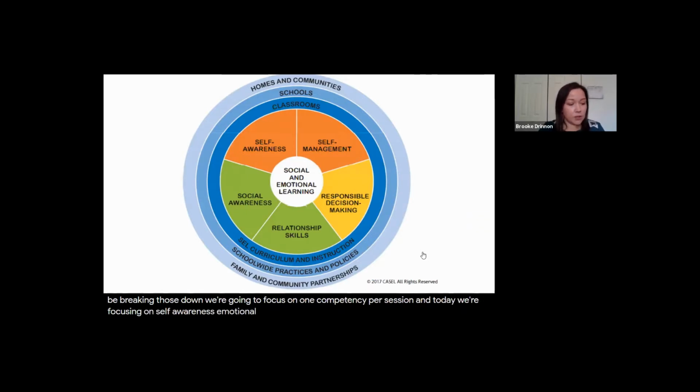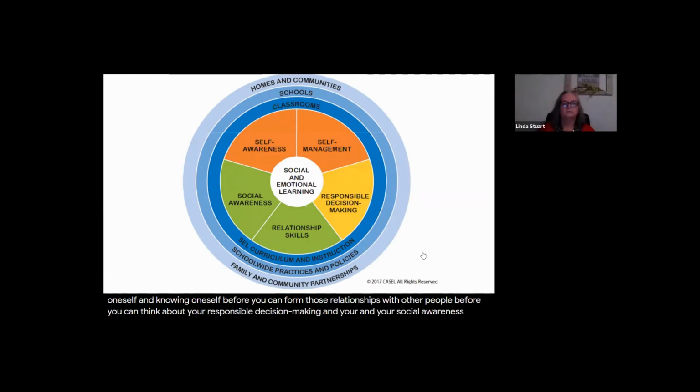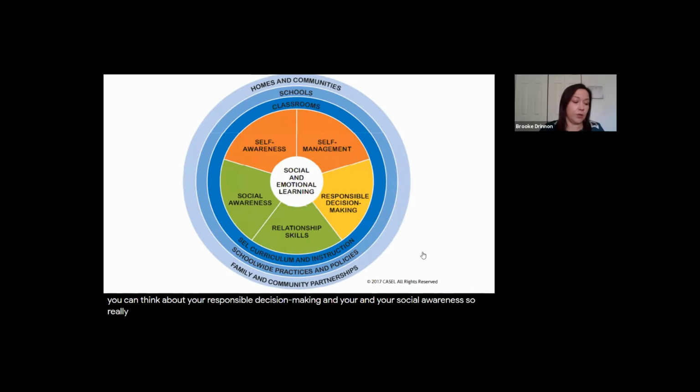Social emotional learning, and how we can support our students in our classrooms and homes and communities, is so critical, especially now. And we're starting with self-awareness because many of the competencies rely on first knowing oneself, knowing oneself before you can form those relationships with other people, before you can think about your responsible decision making and your social awareness. So really knowing and being able to label your emotions and process and deal with those.